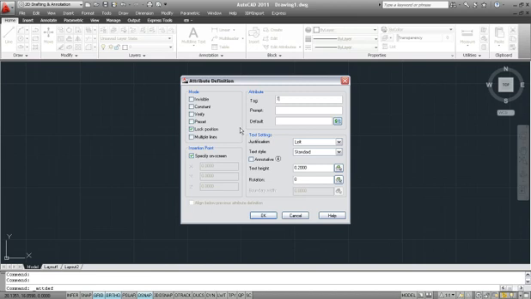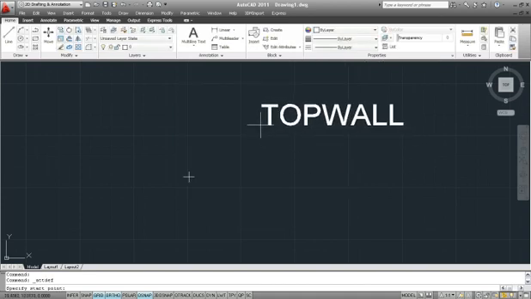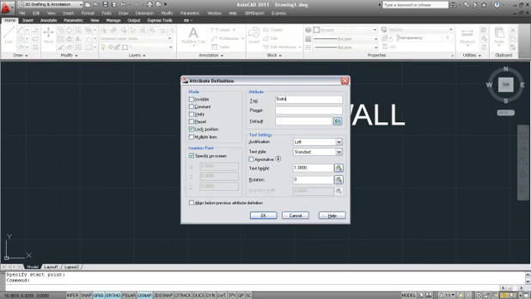So for tag, I'm going to call this top wall, enter the top of wall elevation, and I'll do TW xx.xx, and text height, just going to make this a little exaggerated at this point. Let me set that to 1. Justification left, text style standard, rotation 0. I say OK, and I'll locate this right here, and I'm going to repeat that command back into attribute,